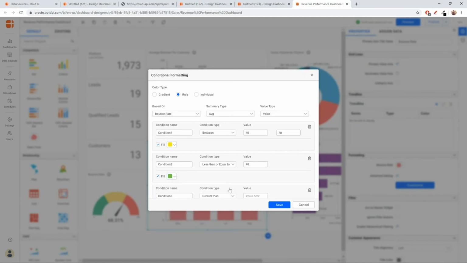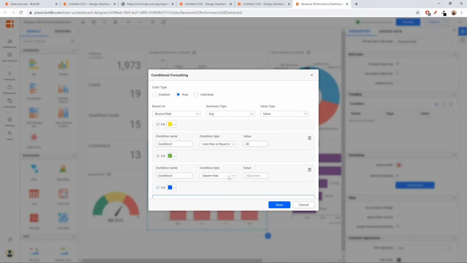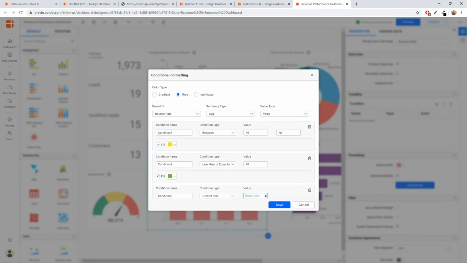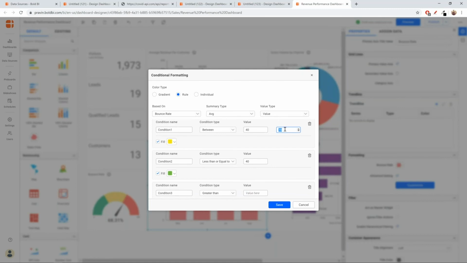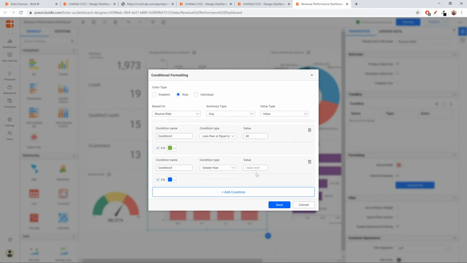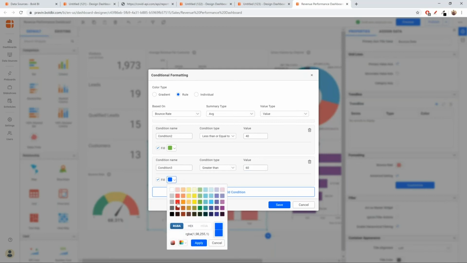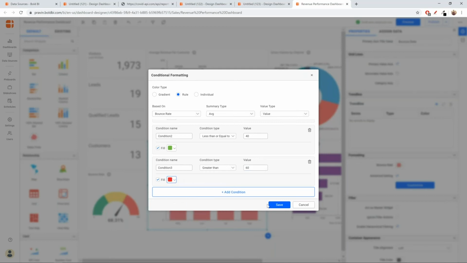And for those values whose bounce rate is greater than 70 or 60, I'll just change it as 60. I can apply a red color. Okay.